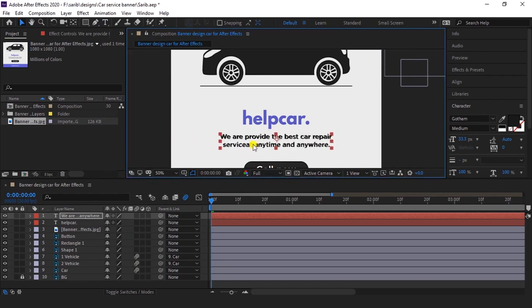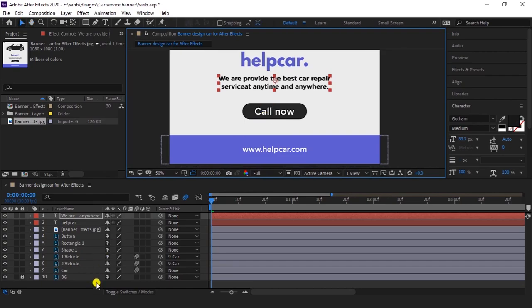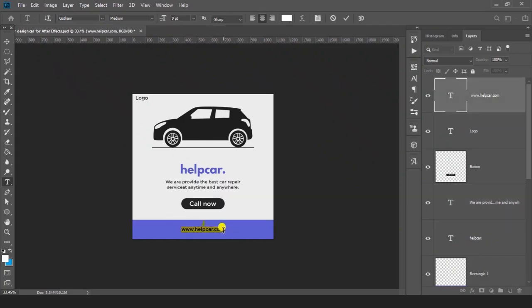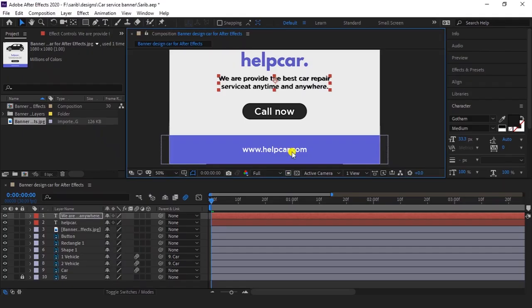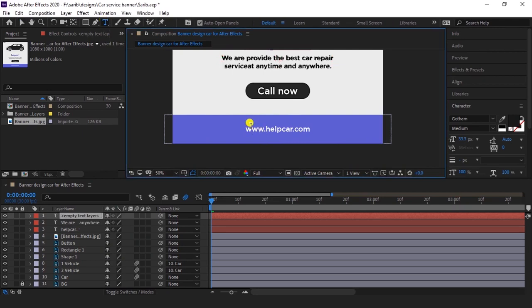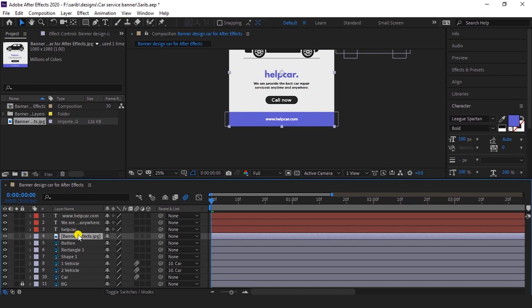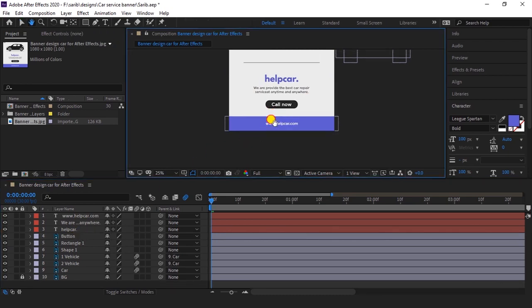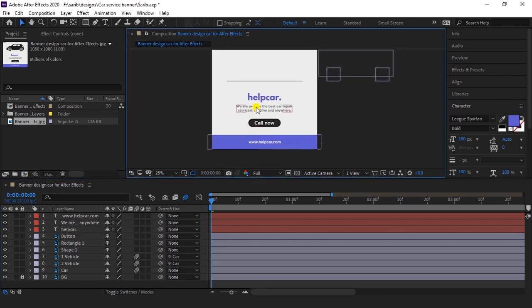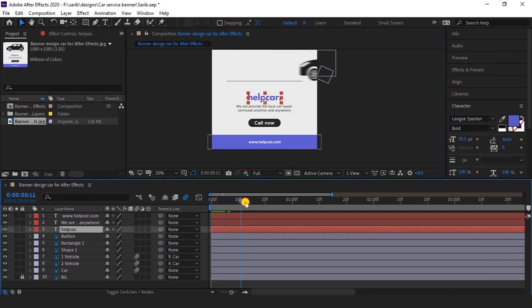So here we go, and again select this one, Ctrl C. Now delete your image layer. So we have only text layers, as you can see now. So now if you play your animation,